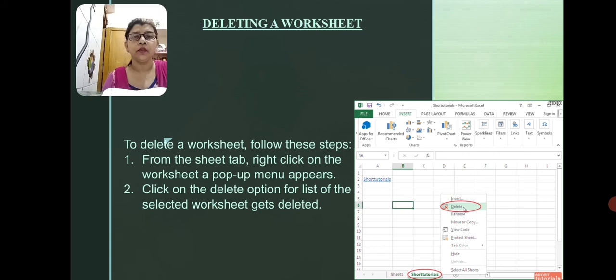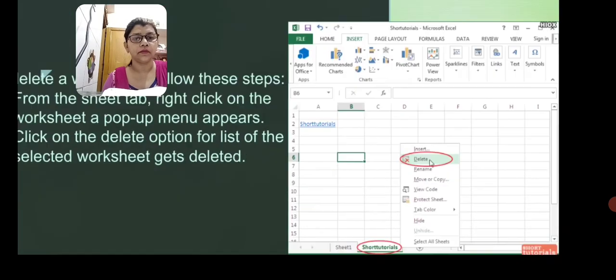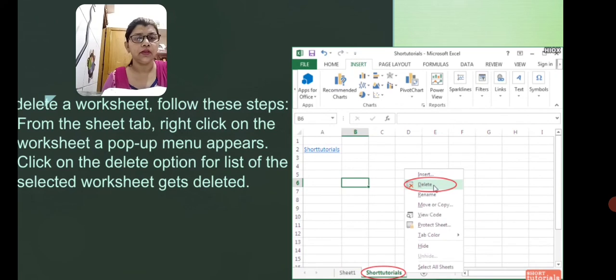Now what are the steps? Let's see. To delete a worksheet, follow these steps. From the sheet tab, right click on the worksheet. As you can see in the picture, the delete option is here. You just have to right click on a sheet tab.